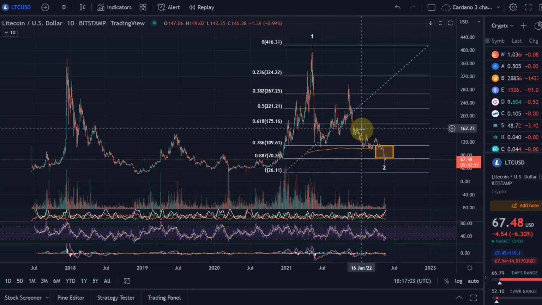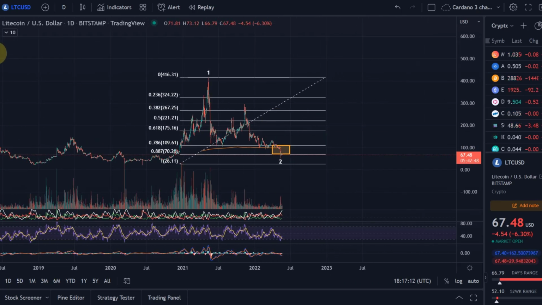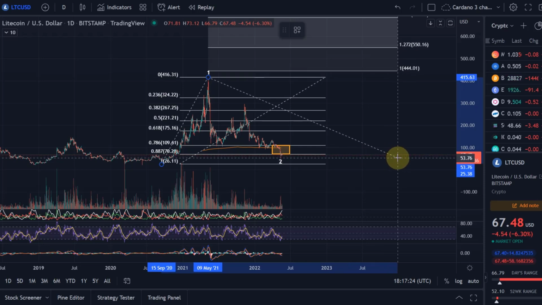So before I go to the more imminent wave count and how far the price can reasonably still fall, let's actually take a look at if Litecoin, and I do expect it to, will survive this current correction, which again, I think it will, what would be the price target for a wave 3? So let's take a look here. We go all the way down to the low.